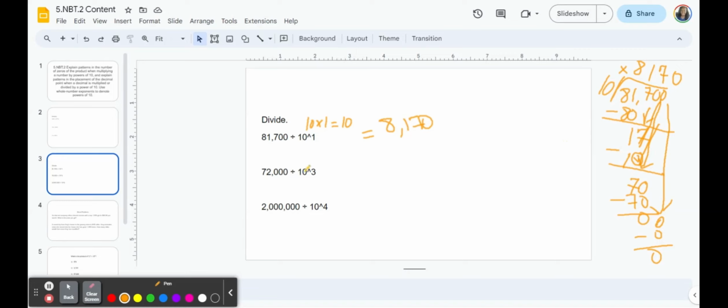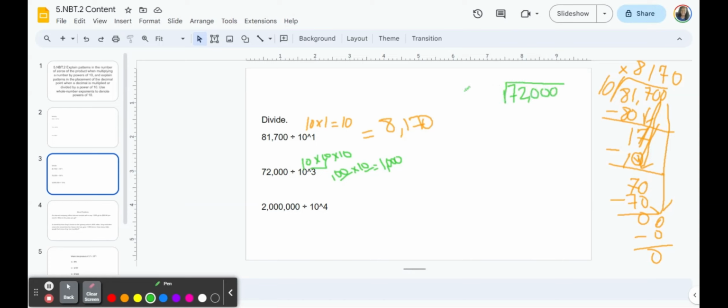Okay, so now we have 10 to the third power. So let's deal with that. We already know 10 times 10 times 10. 10 times 10 equals 100, times 10 will be 1,000. And again, if you count the zeros, they'll tell you how many zeros are going to be in your base 10. And then you know that 1 times 1 is going to give you itself. So I'm going to work it right here. So that's 72,000